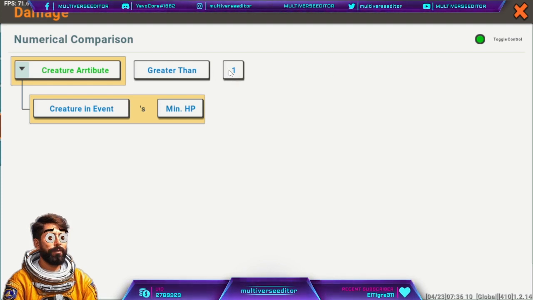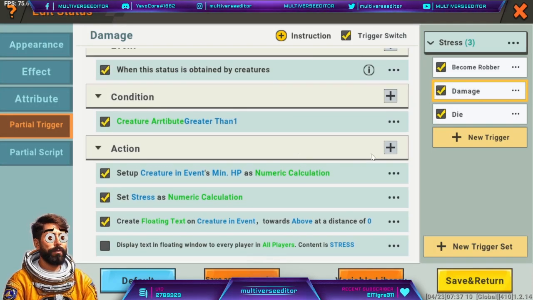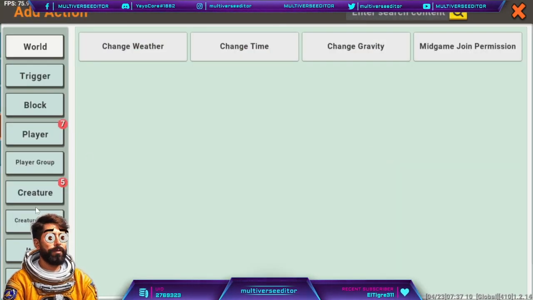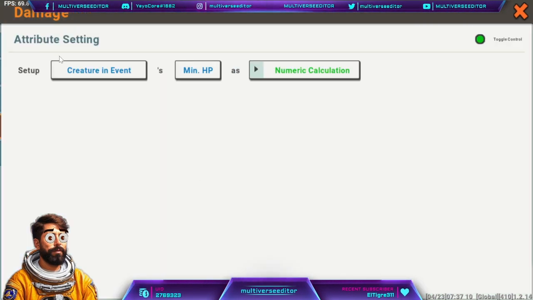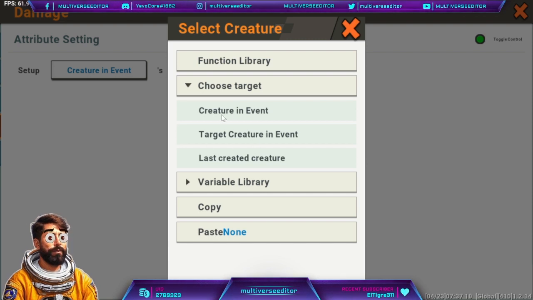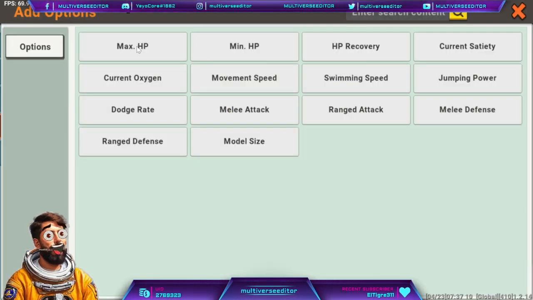So if this mob has more than 1 life, it is going to receive damage, okay? So how do you do the damage with him? You're gonna go here, add a new action, is creature, and is creature attribute settings, okay? In attribute settings, you're gonna select mob in the event, then select min HP right here,